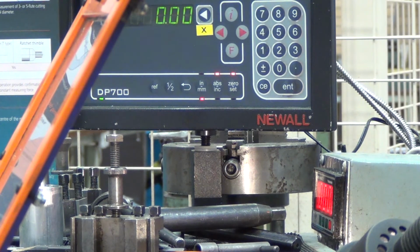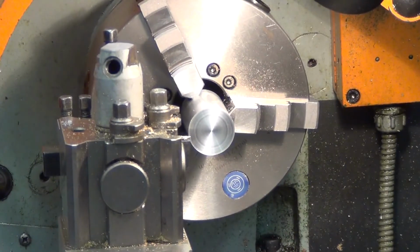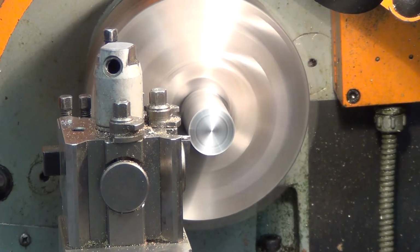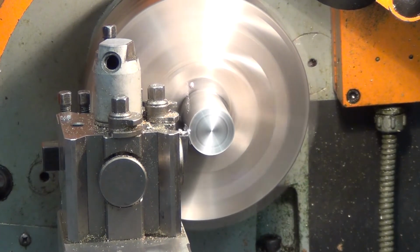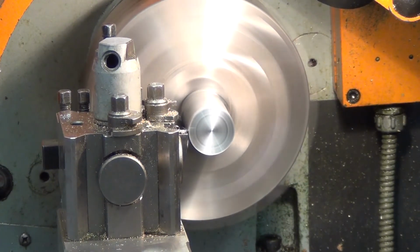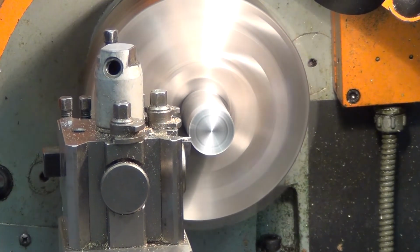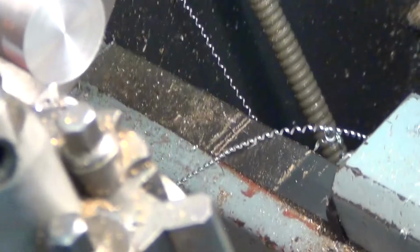Okay, and I draw it in 1/4 of a millimeter. Once that's there, camera work really was terrible, I apologise again. We'll do the same cut, this time taking a 1/4 millimeter cut. It's actually 1/8 of a millimeter, 1/4 millimeter is off the diameter. Reasons will become clear. Okay, so that's another cut done, and I'm just going to check and make sure it